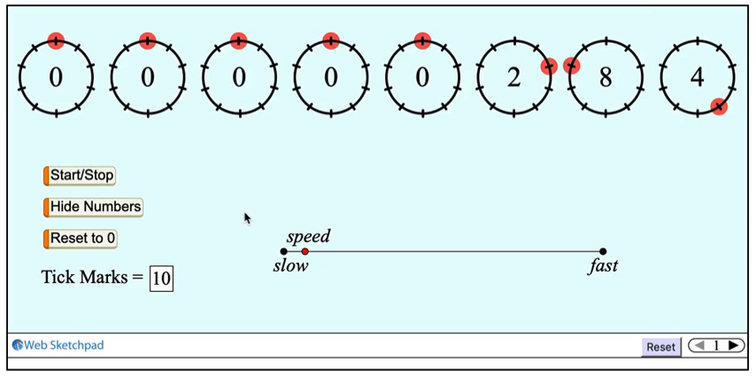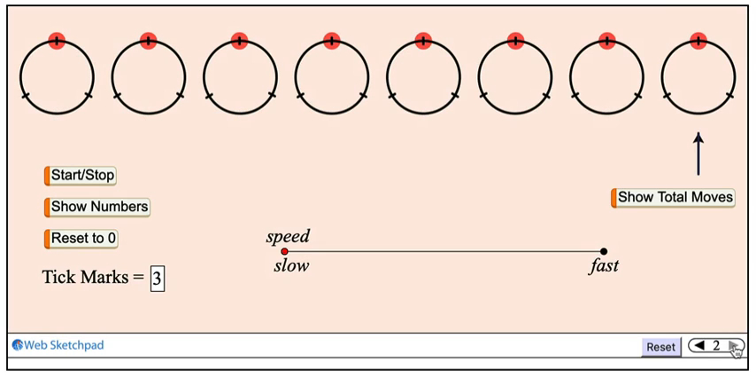All right, so you'll notice that we can change the number of tick marks on each dial, and I'm actually going to show you that on page 2 of our sketch by tapping here in the lower right corner to move to page 2. Notice here that we have 3 tick marks on each dial, and again we have these red dots, and if we tap on Start Stop, we see this dot start to move, as is this dot,